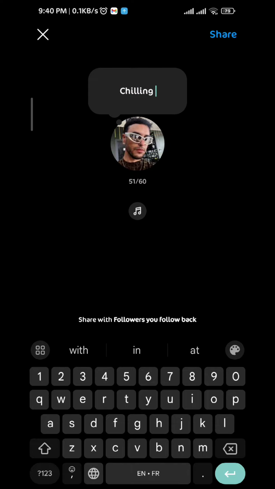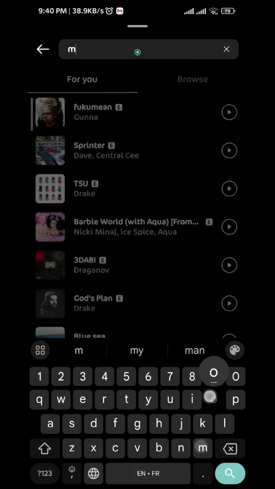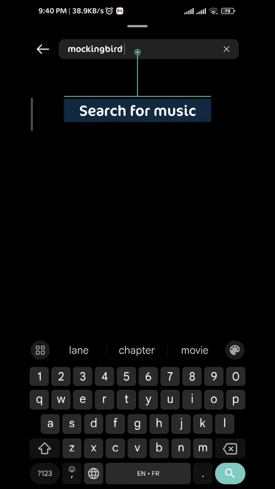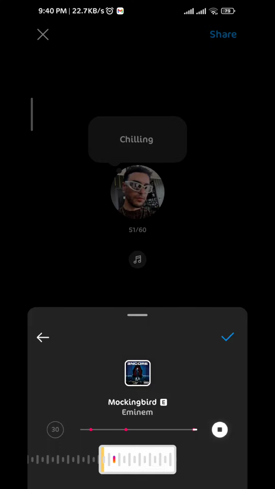Now, if you want to add the music, you can tap on this music icon right here. It will take you to the screen. You need to search for the music that you want to add and then add it. Just like that, choose the part that you want to add and then tap on the tick in the top